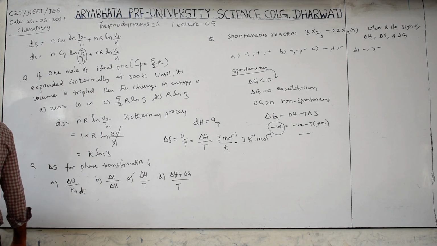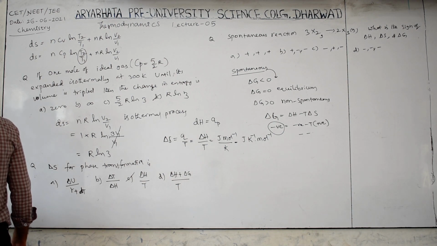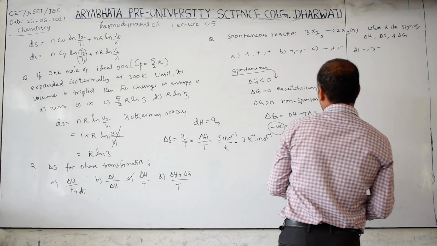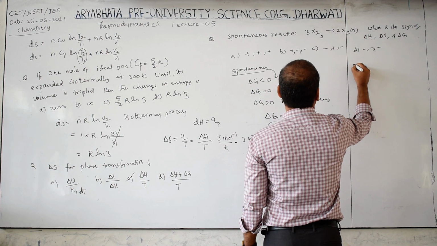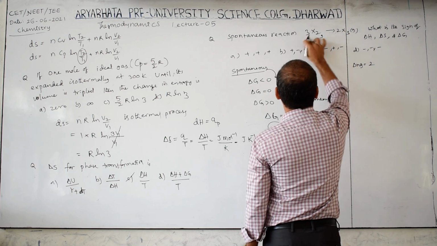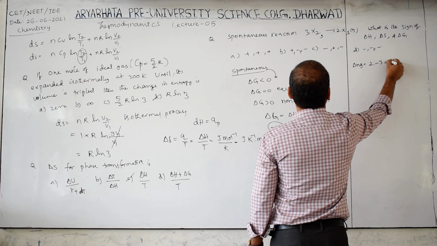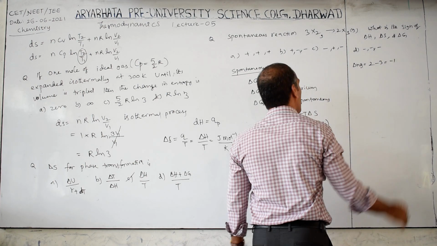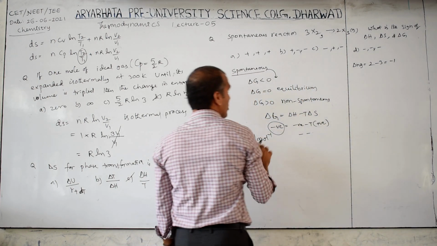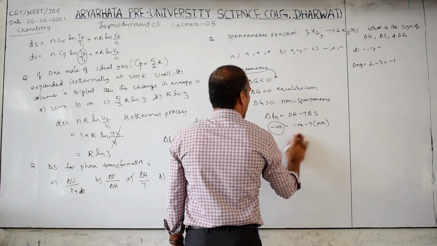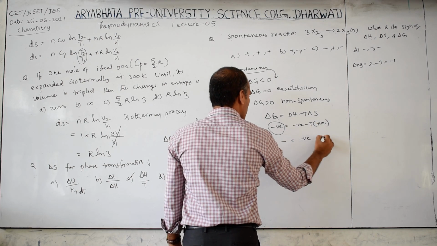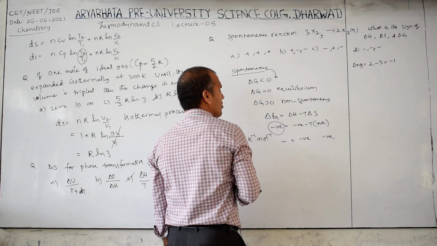Negative delta H, delta S, sorry, this is always, but the reaction also we have to consider. Here the reaction is given, I forgot to tell this also, because we have to calculate delta Ng. Delta Ng is how much here? 2 moles. Here how many moles? 3 moles. Therefore minus 1 is there. Entropy change is negative. Therefore, this is the always condition. But according to the equation, delta G is negative, delta H is negative, and this is also negative. So all negative is there.